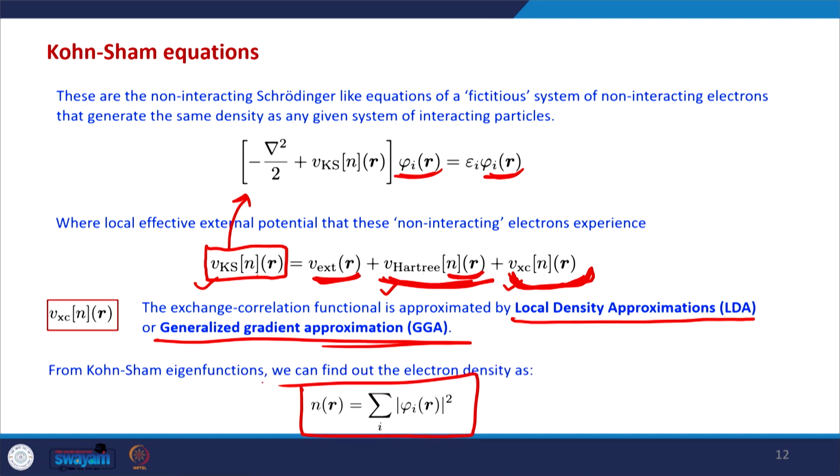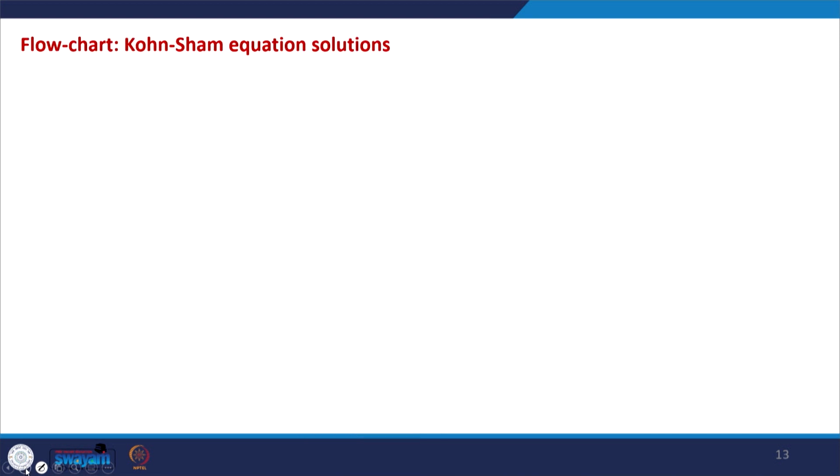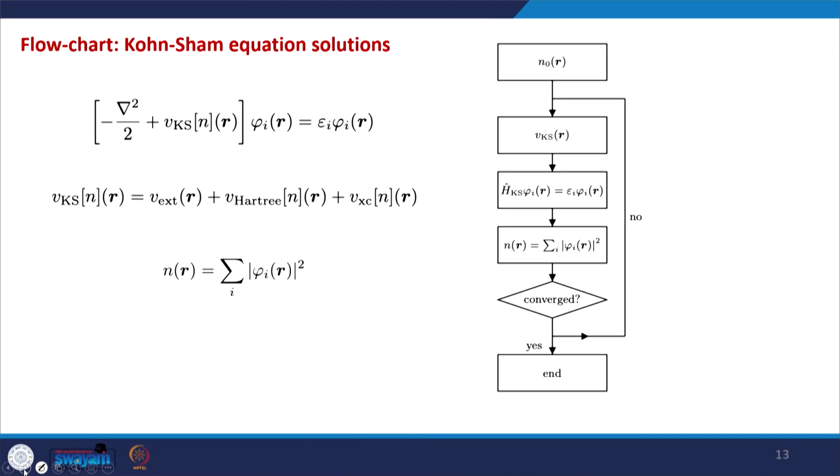But again, there is a catch here, because the density depends on these wave functions phi's, and the phi's depend on the solution of this equation, but in this equation, this potential functional depends again on n(r). Okay? So this is not a closed form. Again, we cannot have a closed form solution for this system of equations, and that's why we again need to